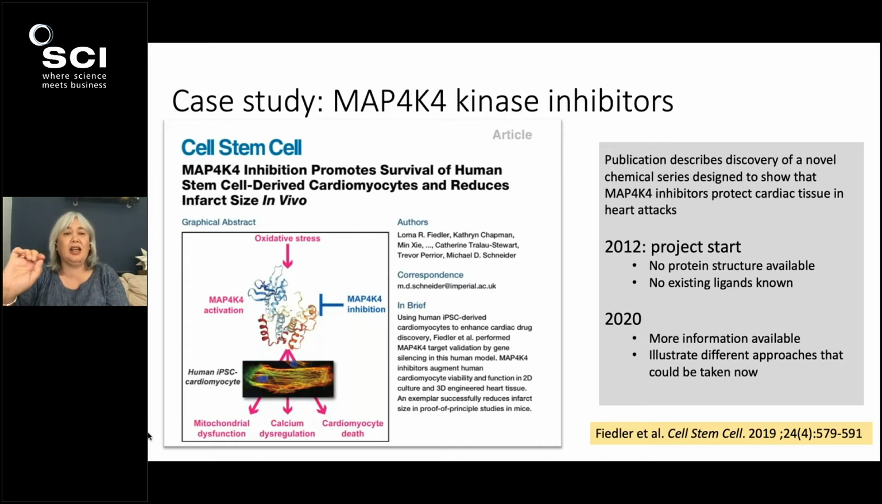A drug that could be given to people in the middle of a heart attack, to protect their hearts, the heart tissue. The project began in about 2012, and we were in a situation where we had no protein structure and no existing ligands known. So I'll take you through the story of how we managed to create some chemistry for this